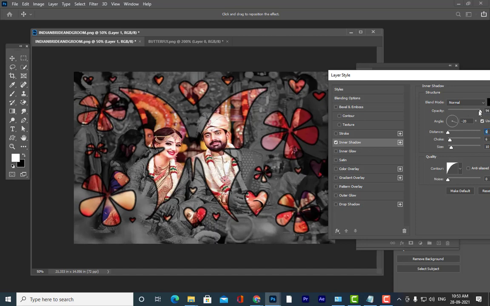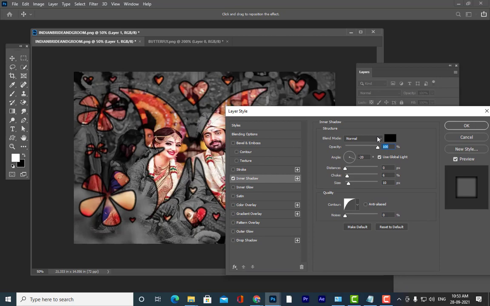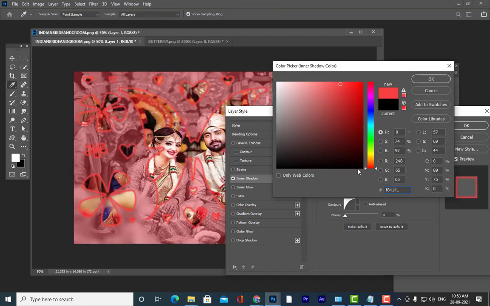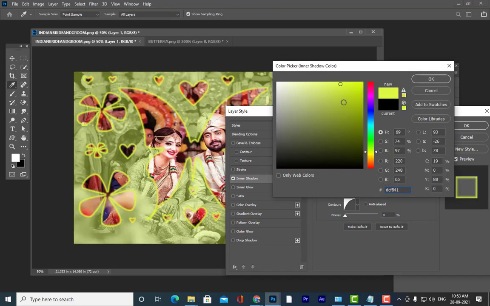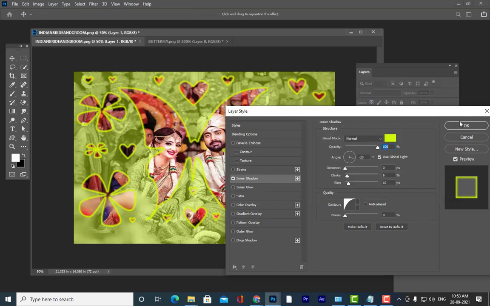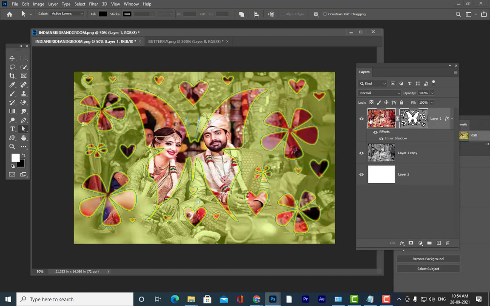And we can try it with different colors, different combinations. We can also change these shapes actually.